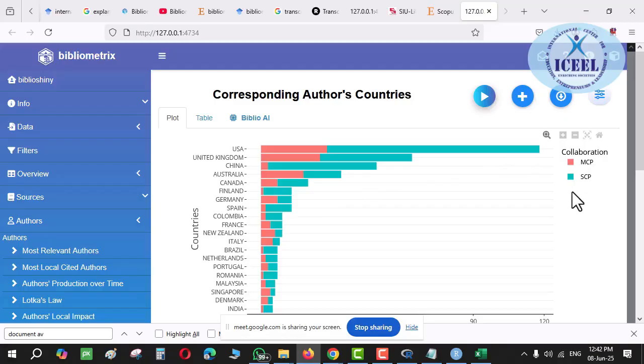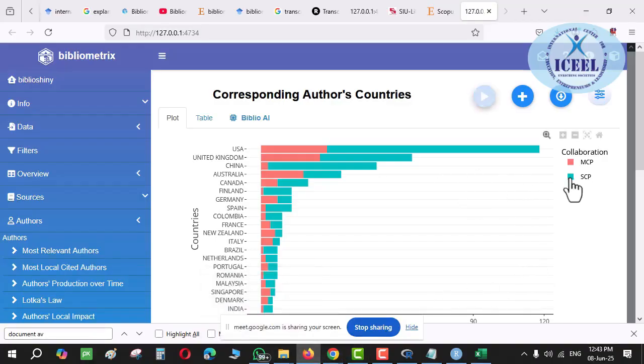MCP stands for multiple country publications. That is the indicator for inter-country collaboration. Within one country, I write a paper with Sanjay bhai, I write a paper with Ajay bhai, so SCP will be applied. MCP means multi-country, inter-country. It is a research paper where the authors belong to different countries. For example, Roy sahab is there, and if I write a paper with him, then it is going to be MCP. But SCP refers to single country publications, like if I write a paper with a researcher within India only, then it falls under SCP.